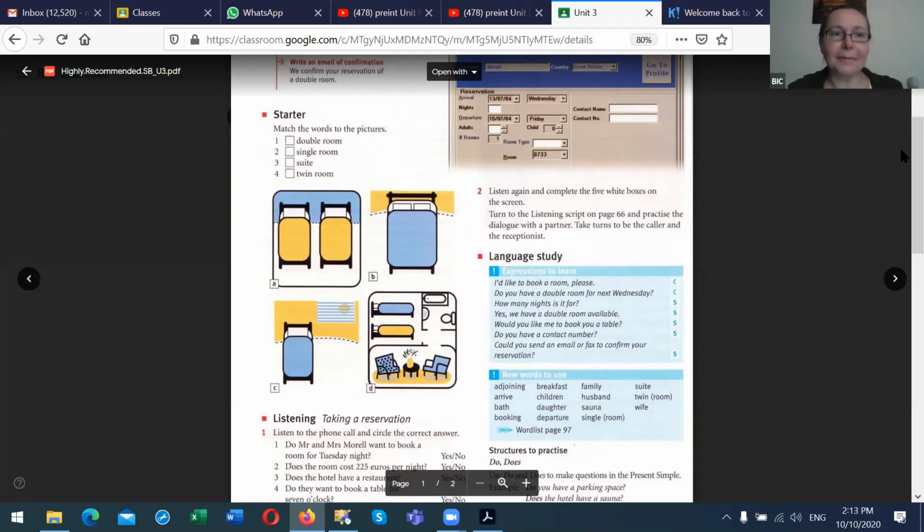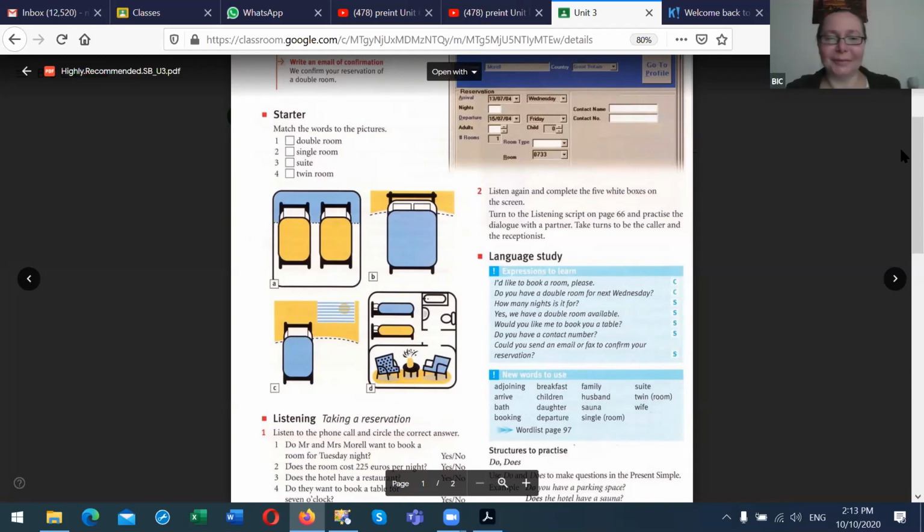Double room is B. Yeah, double room, that means 2 people sleeping in one bed.